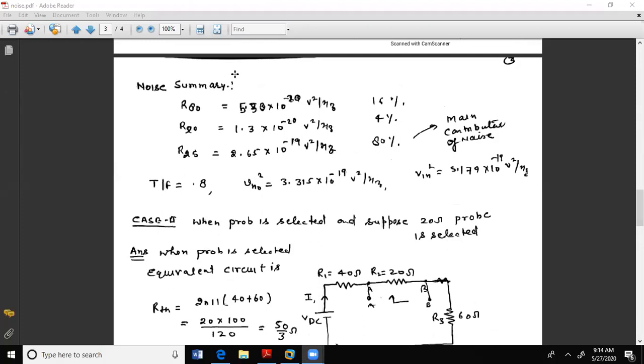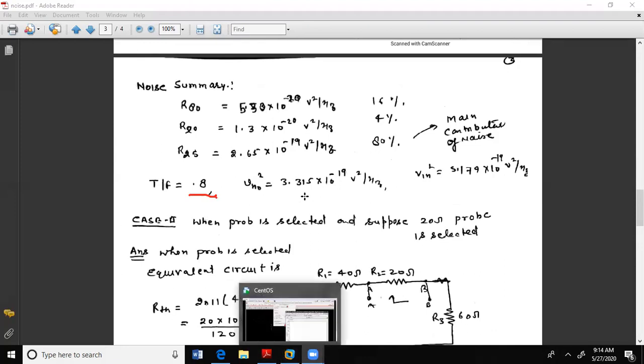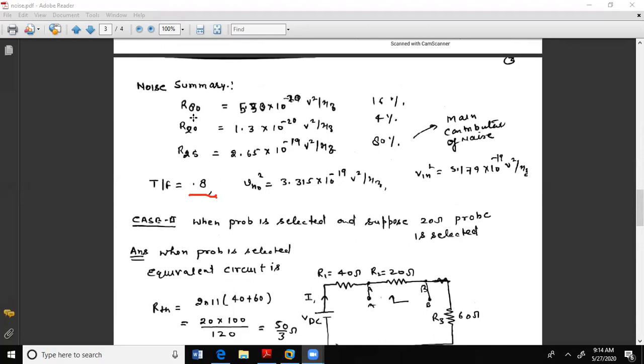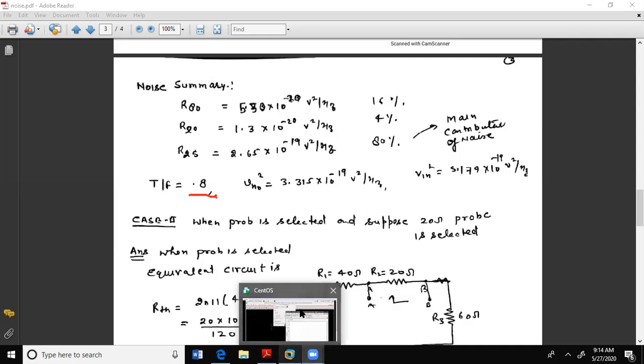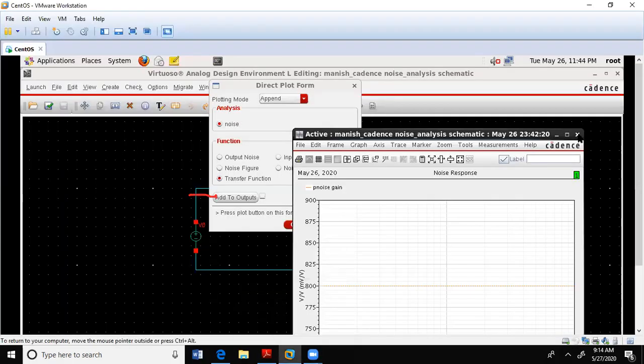Okay, so it is 0.8 theoretically, and practically its value is also 0.8 volt. Okay, now if we want to see all these values, the value of noise due to the 80 ohm, 20 ohm, 25 ohm, input referred noise and output referred noise, close this window.